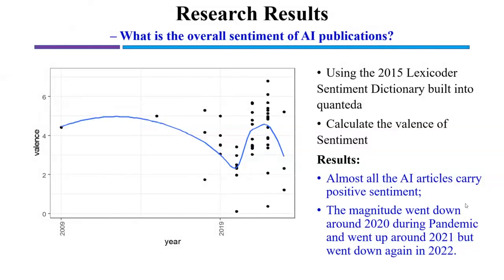But you will see, this graph did show that in 2020, because of the pandemic, the magnitude did drop a little bit. And then 2021 up a little bit, and then they drop a little bit more. So I think that is also an interesting thing we can learn. Okay,